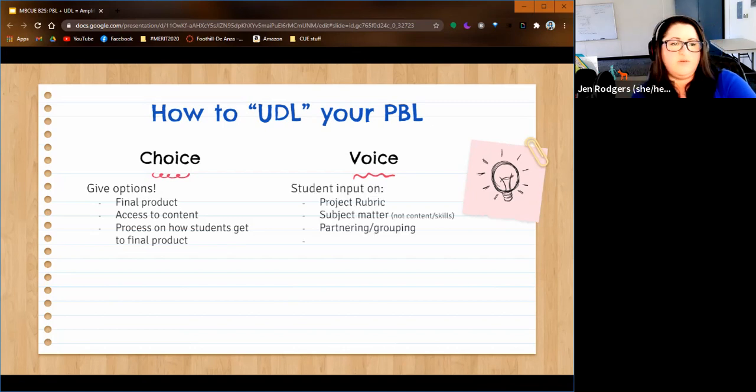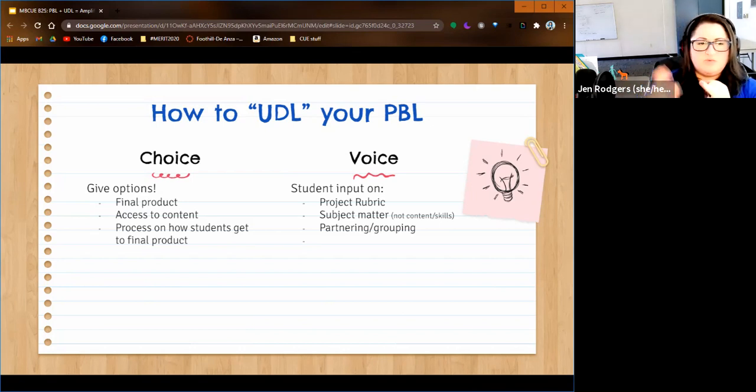Voice. So if students have input on the rubric, on the subject matter, and the subject matter is, never mind, I don't know what I was getting at with my parentheses there. I'll skip that part. So if students have input on, oh, I know what I was thinking. They have input on the rubric, they have input on the subject matter, but not the content skills. As a teacher, you know these are your essential skills, your essential content that they have to learn. But the subject matter, as far as